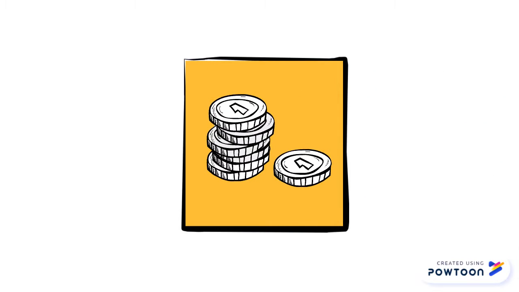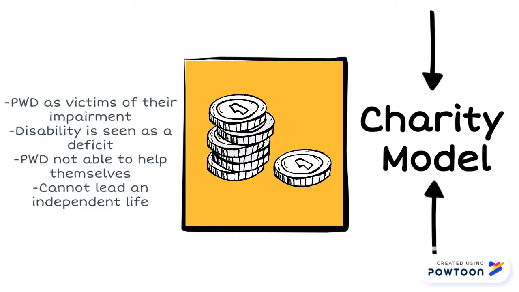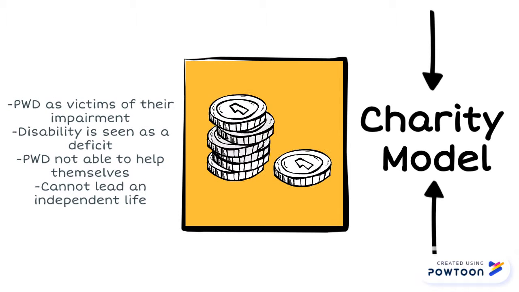The charity model of disability depicts disabled people as victims of circumstance who are deserving of pity. This, along with the medical model, are the models most used by non-disabled people to define and explain disability. It suggests that disability is not only something that should be cured, but something that is tragic.